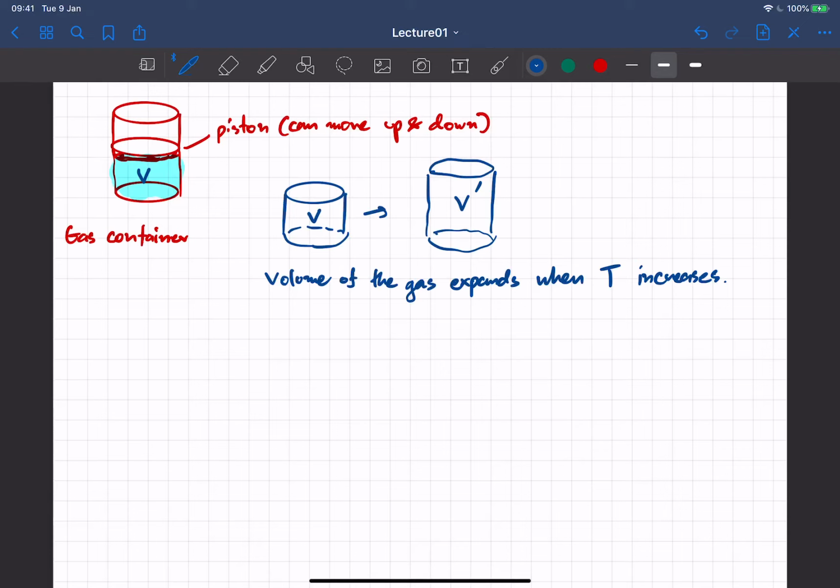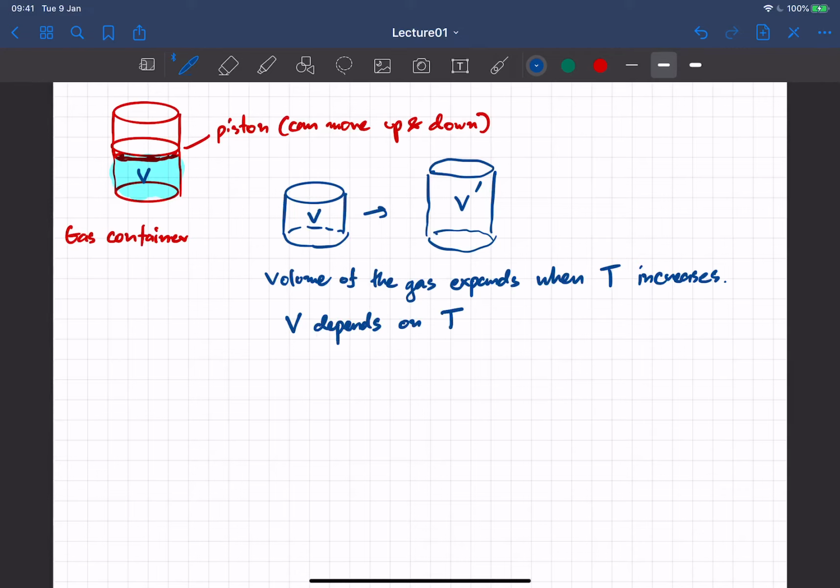Okay, so I should say that, keeping the pressure constant, but let's just ignore that part. We're gonna come back to that later. But under normal circumstances, this is something that you are used to in your daily life, right? If you have a balloon and then you heat up the balloon, it's gonna expand, the volume is gonna increase. So it's clear that the volume here depends